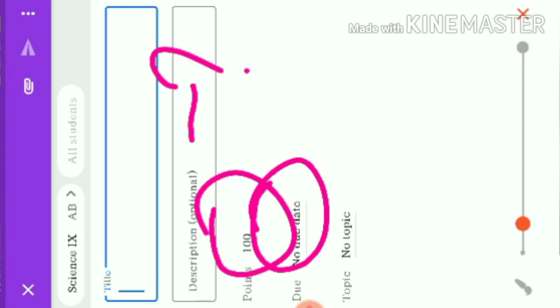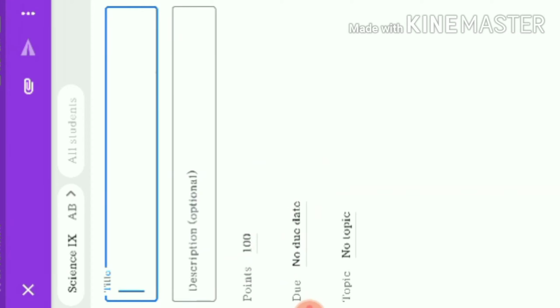See, if the children are sending all the assignments in WhatsApp, our phone will be completely filled with these assignments. But here all the assignments you can see in this Google Classroom, and we can provide marks also for this. Okay, we can provide marks, and the children can see how much they scored for their assignments. We can even conduct a class test by using this Google Classroom app. So this app is very useful for the students.